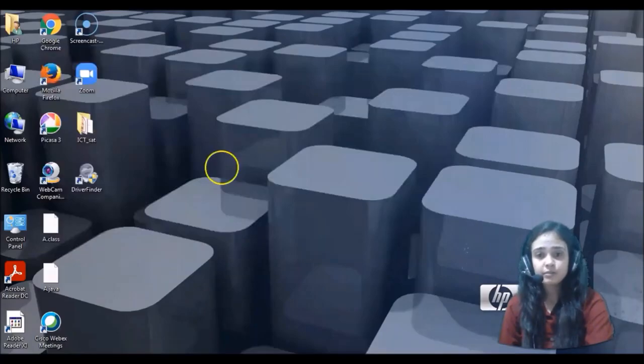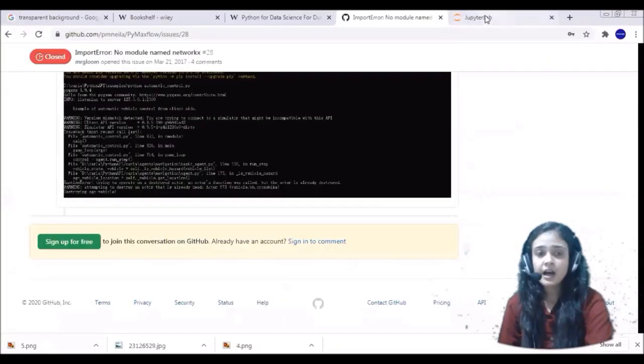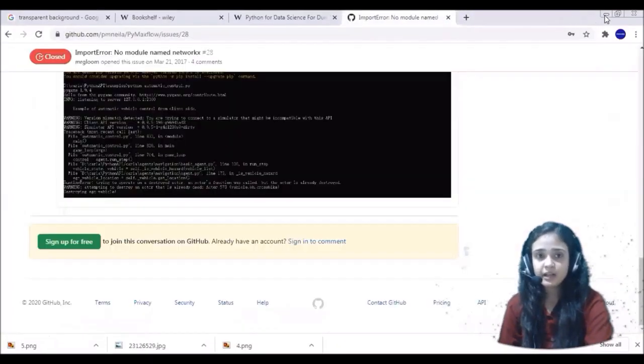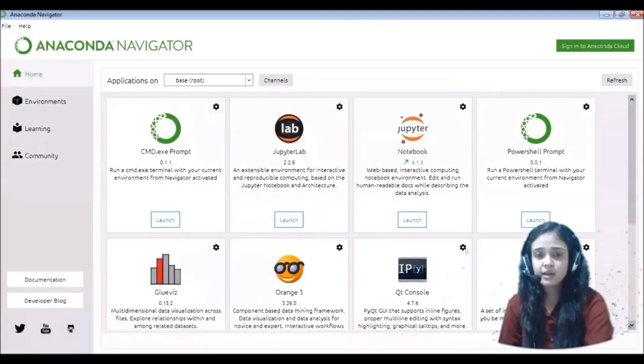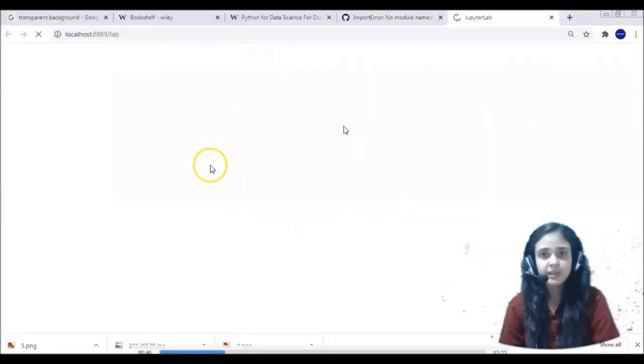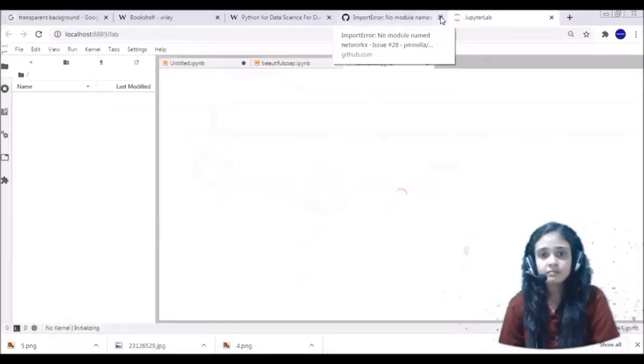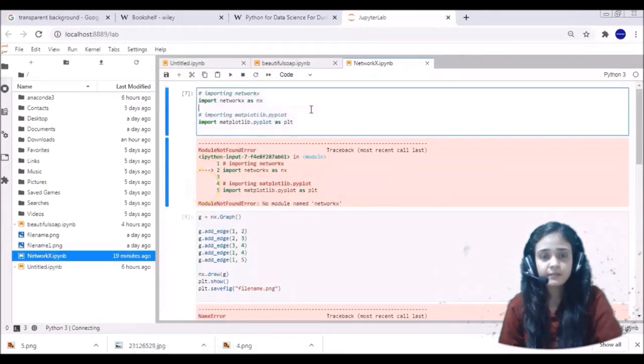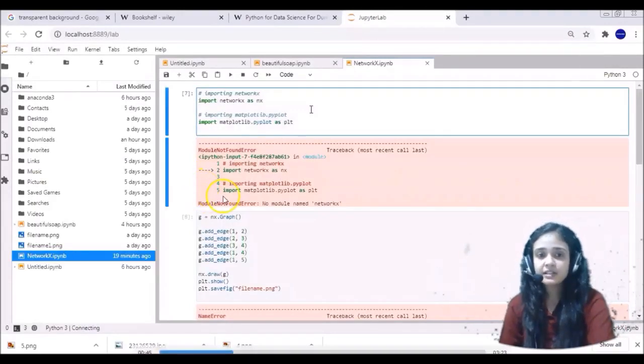Now what I am doing is closing my JupyterLab and launching it again. After the installation, you have to launch JupyterLab again to see the changes. So this is my JupyterLab that I have loaded, and over here previously it was showing me an error related to NetworkX.